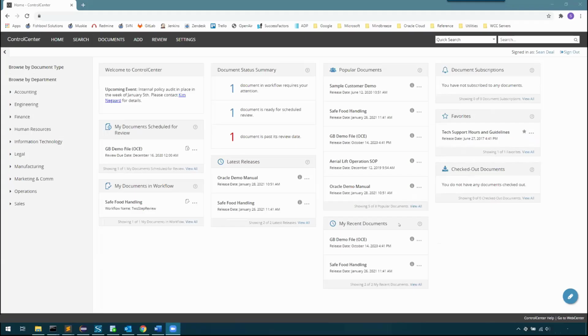Here we are in Control Center. This is the dashboard, and this is the first thing you see when you go into Control Center. The dashboard has a lot of widgets that contain useful information for users. We'll be coming back to the dashboard several times through the demo, but for now I want to highlight this